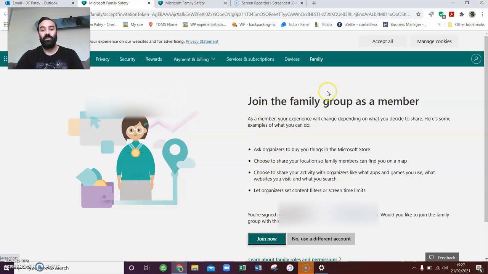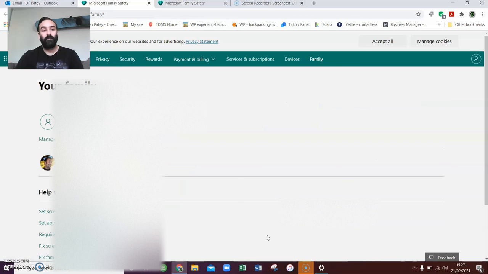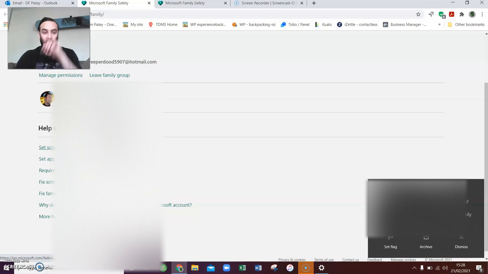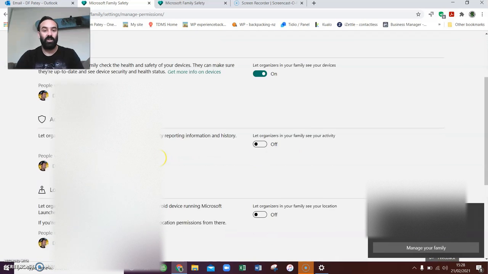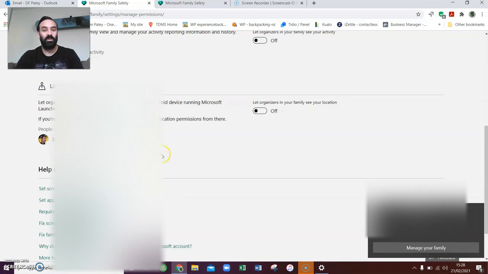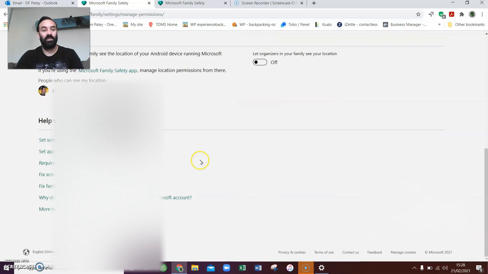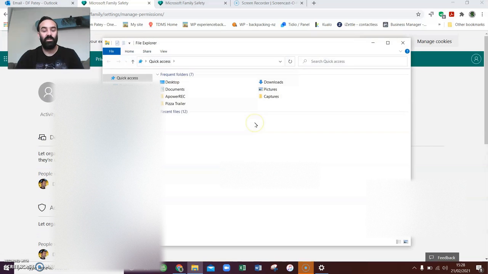you can then join the family group. And as you can see, family group joined. As an organizer, I can manage the permissions here. I can set all of those various things down here that I was talking about and apply those to the member account. And I can change stuff in here as well. So I can turn on or off location settings, activity reporting and stuff like that. Quite simple. So then when you go back into users,